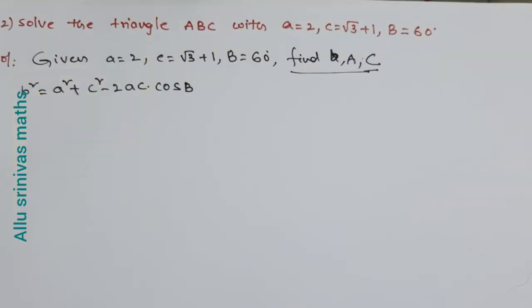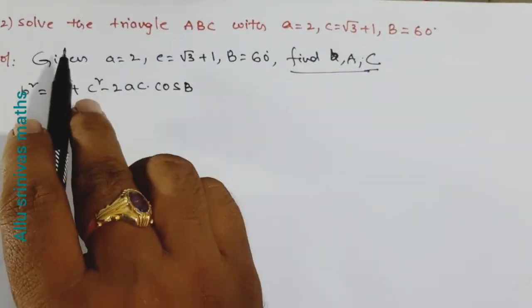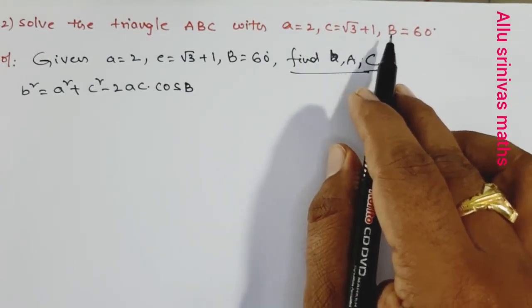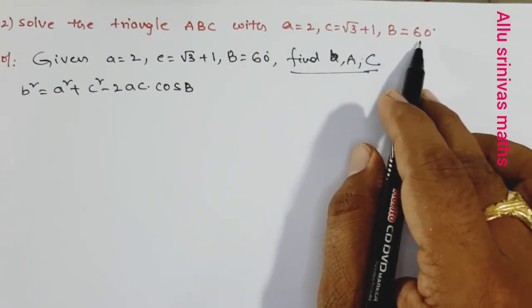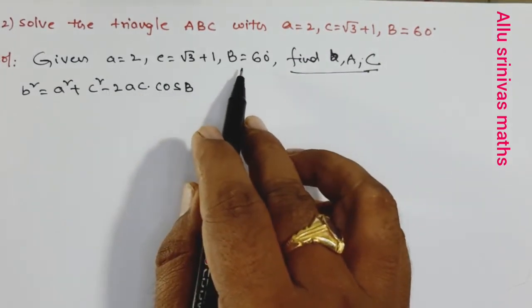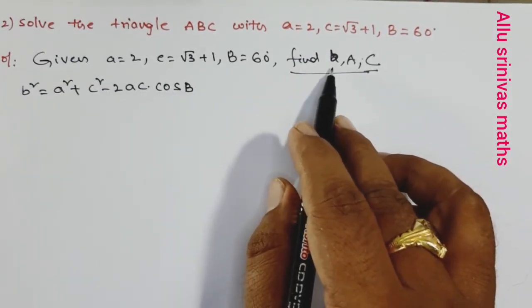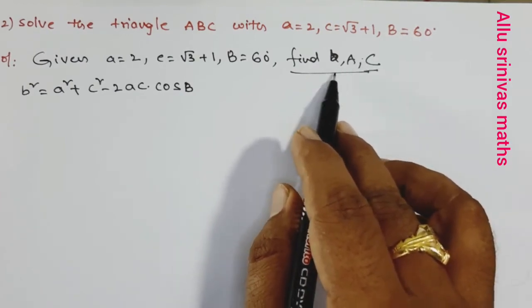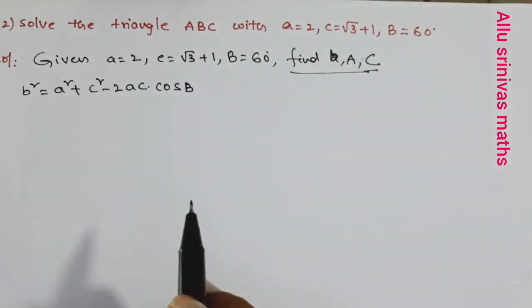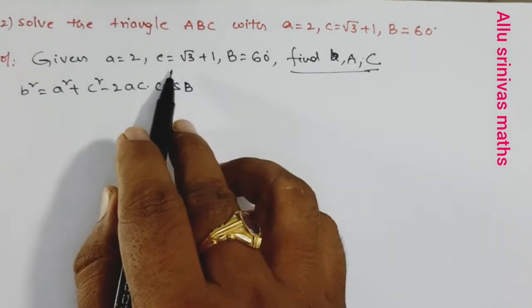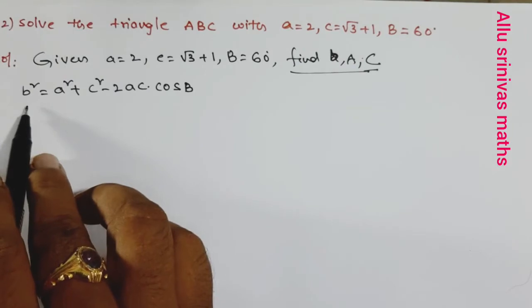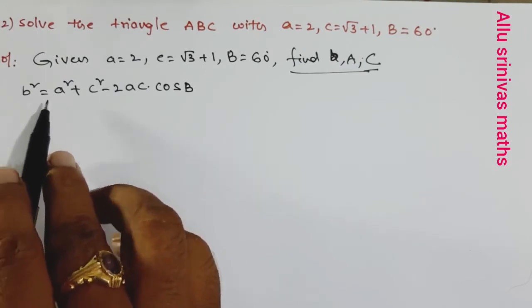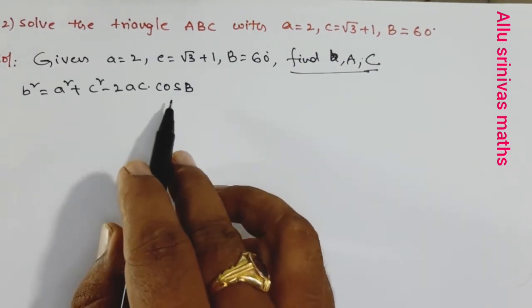Next we take another problem in this method. Solve the triangle ABC with side a equal to 2, side c equal to root 3 plus 1, angle B equal to 60 degrees. First you have to write the given values and then find the remaining values: side b and angle A and angle C. First you have to write the formula for side b. b square equal to a square plus c square minus 2ac cos B. Known values substitute in this formula,